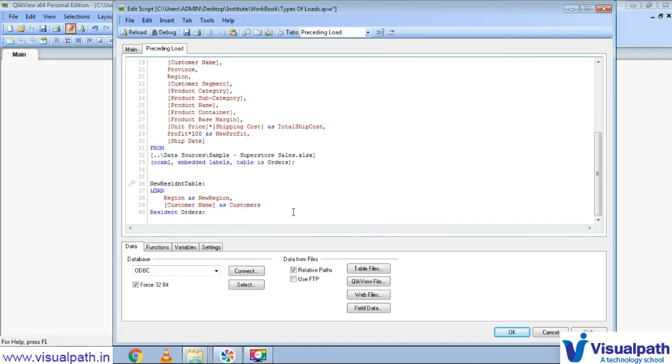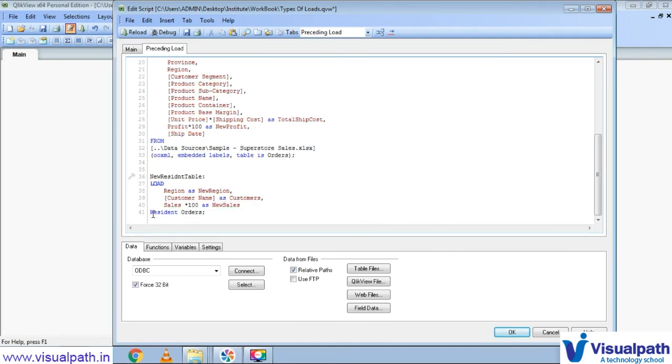Even here, guys, we can do some calculation. Give customers, then let's say we want to do sales into 100, and we can keep it as new sales. So this is also fine, guys. Sales is present in our orders table and we are multiplying it by 100 and creating a field as new sales. And then we have to use the key, that is resident.